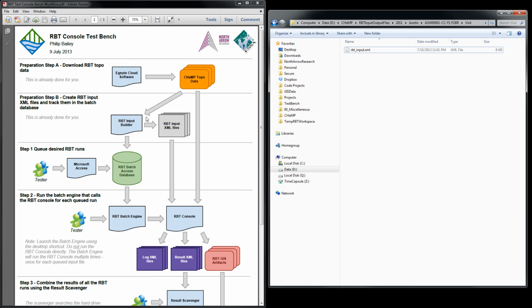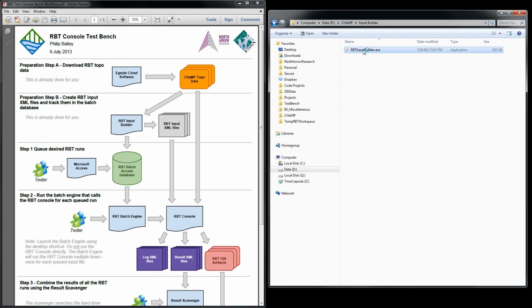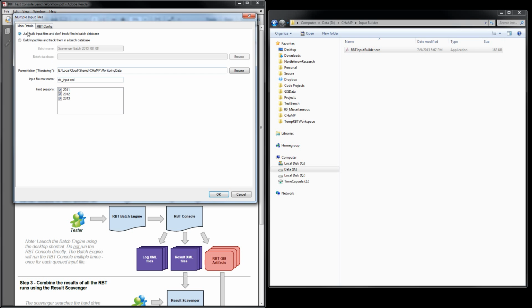now the first job that we want to do is to use the RBT input builder to build an input file for each of the RBT visits that we're going to run. So back up at CHaMP, we have the RBT input builder here, and when I double click that software, I get to choose whether I want to generate a single RBT input file or build multiple. Now I'm going to assume here that we're going to run multiple input files, and